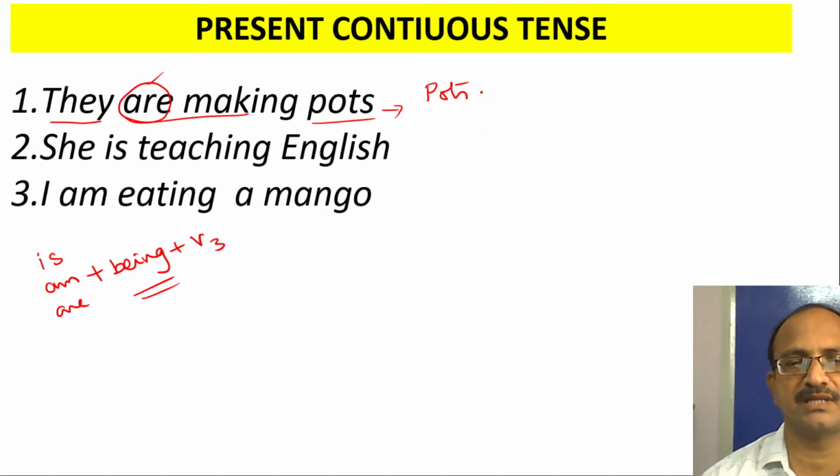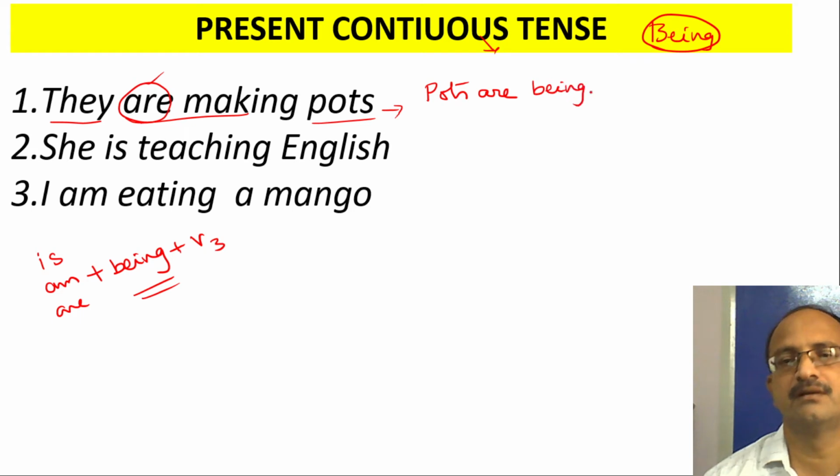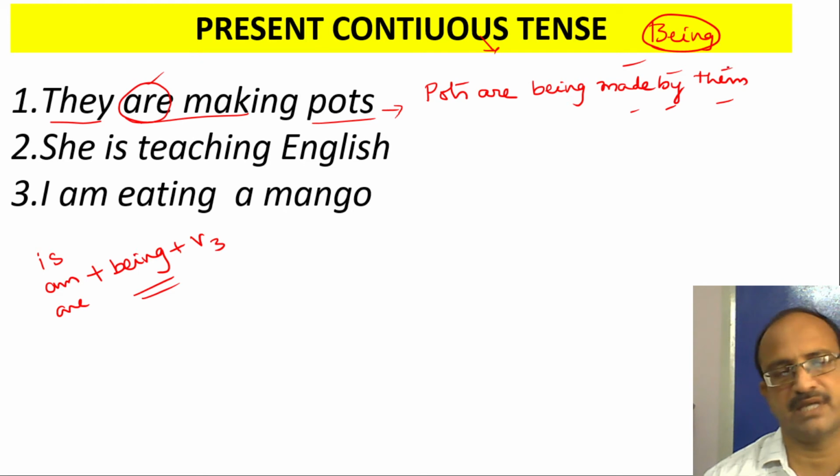So parts, since the subject parts is plural, you take are, and in the continuous tense model we write being, the new word we must add. So parts are being. V3 form of make is make, made, made. Next one, by, they turns into them. Of course, no need to explain all these. V3 is mandatory for all active to passive. By, them according to the table I have just explained. So you focus on this only.